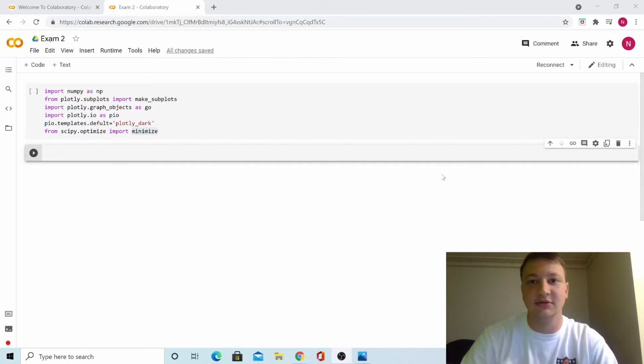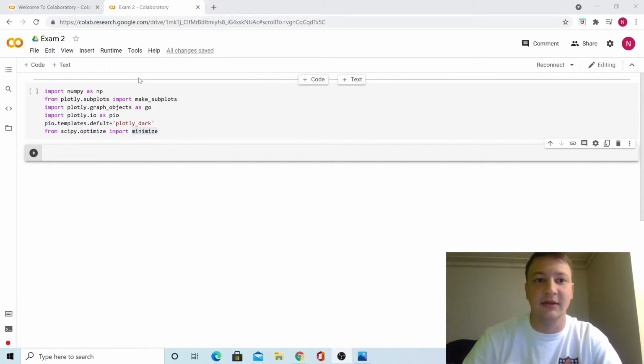Now we're going to get into the coding portion of the problem. To start off, we're going to be trying to make a set of data points like we did in the experiment. Start off, we're going to import a few packages. We have NumPy for some basic algorithms and functions to help us with that. We're going to use Plotly for any kind of plotting, make our actual plot,